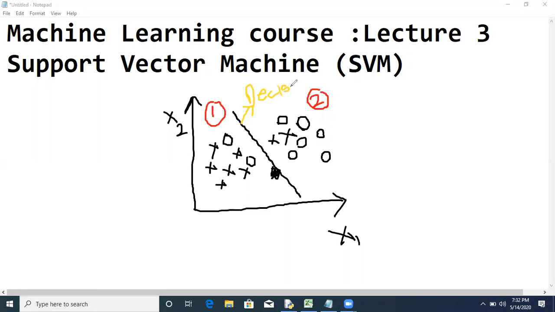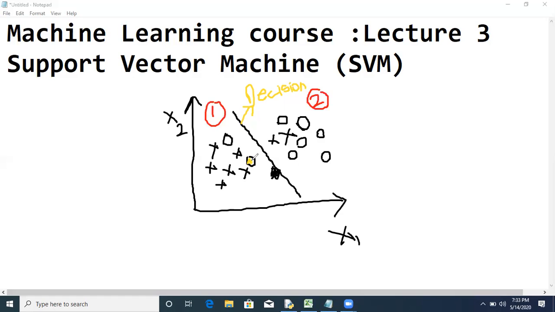So points which are closer to this decision boundary are nothing but support vectors, and they are from the opposite categories. Now here this circle is minority element of category 1, so it becomes the support vector for this category.